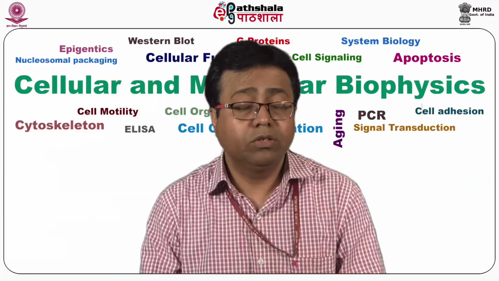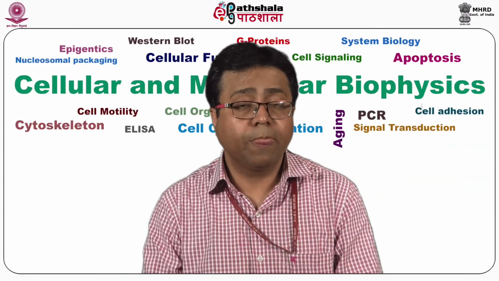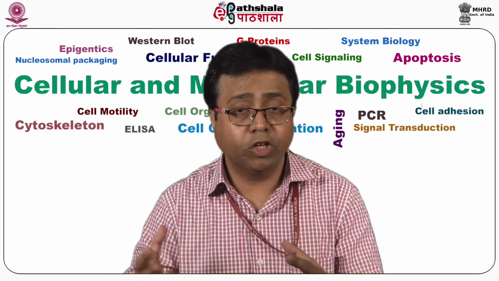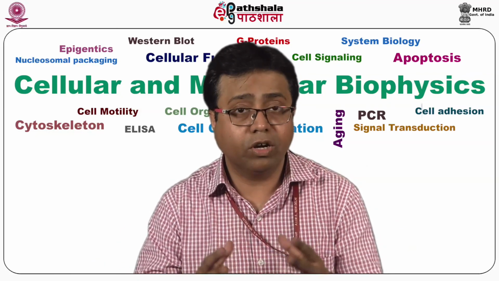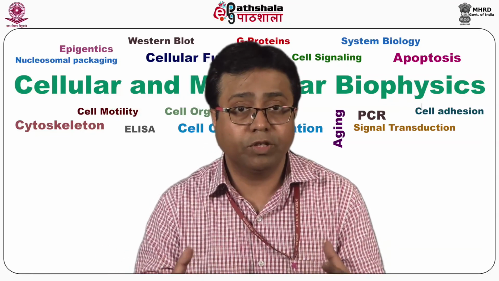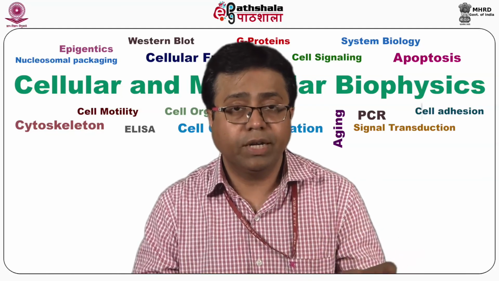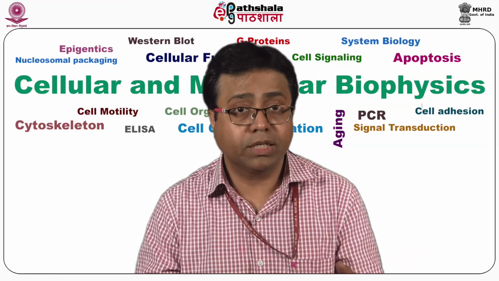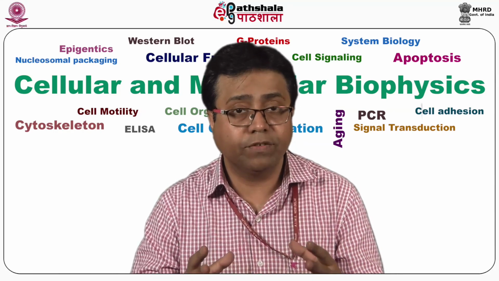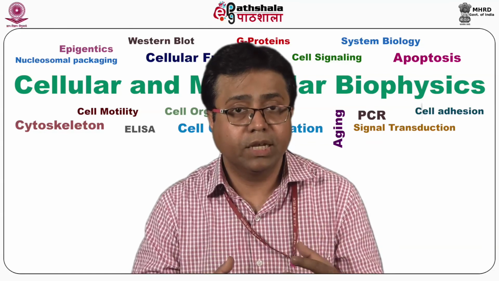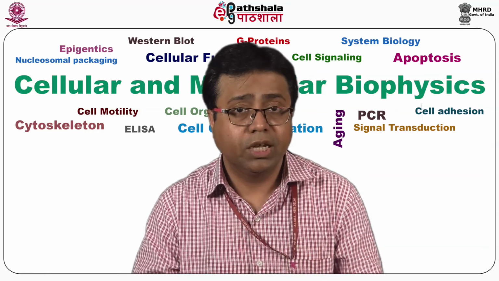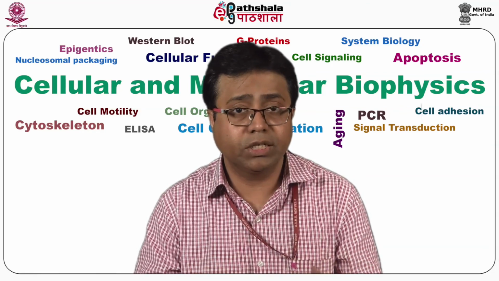So I am pretty sure that you have understood all of these techniques so far. Just to summarize, blotting techniques are an essential way by which you interrogate DNA, RNA, and proteins, and you can know a whole lot about them. Southern blot is for DNA, northern blot is for RNA, and the western blot is for proteins. Each one is different, depending on what kind of questions are being asked. But together they are fantastic techniques which can answer so many different things about the biology of the cells and what exactly is happening. They have extremely large applications in biomedical sciences, in investigations, in research, and so forth.